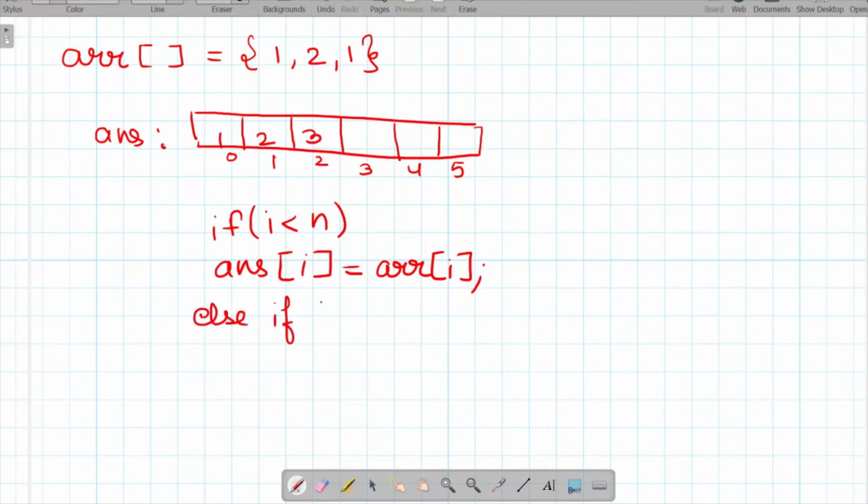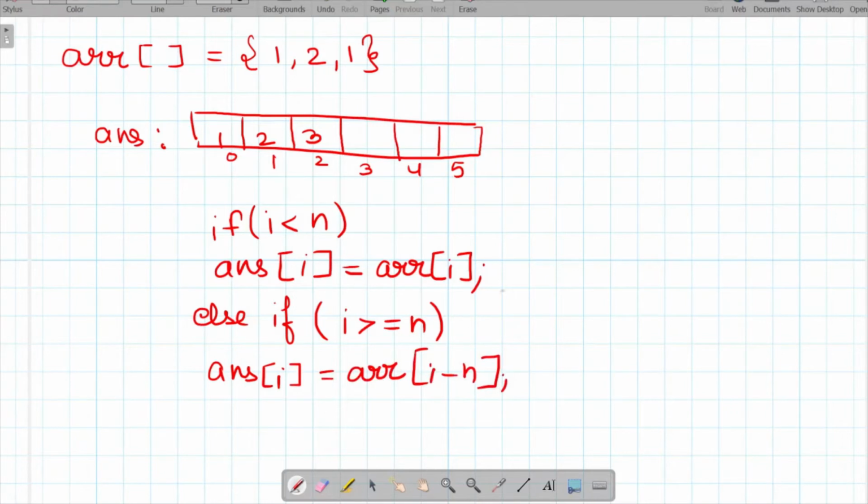And when our condition becomes, else if i is greater than or equal to n, which in this case means if i becomes greater than or equal to 3, that is from here, what we have to do in that case is answer[i] will be array[i - n]. Which means at array position 3, what we will enter is array[i - n].